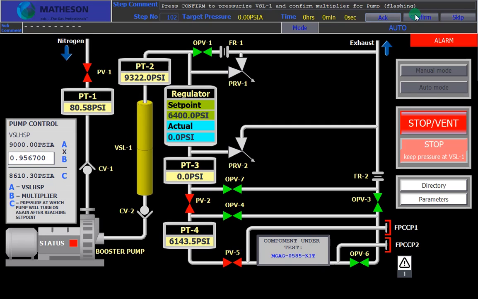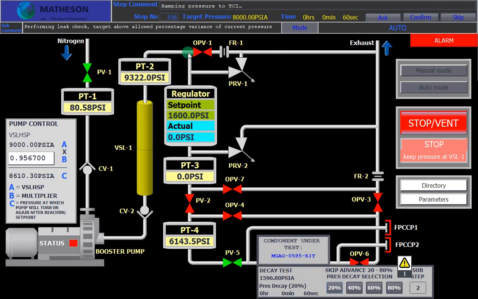And so we'll probably go straight to 105 now because we're just keeping that pressure way above, so it'll have hit it. PT2 has reached the vessel high set point because we've simulated a value here in PT2. Press AC, ramping pressure, so performing leak checks. So I'm going to skip all these 20, 40, 60, 80. We can do that because I've left that 6.1, so we're already into the 80% pressure target, 6400. Pressure build, because we're at 6143,